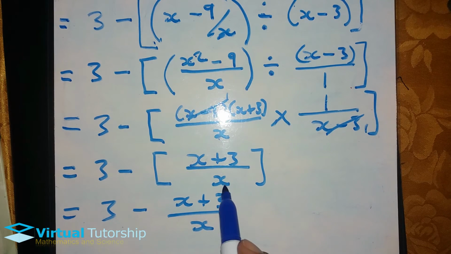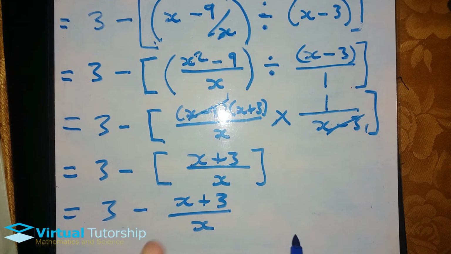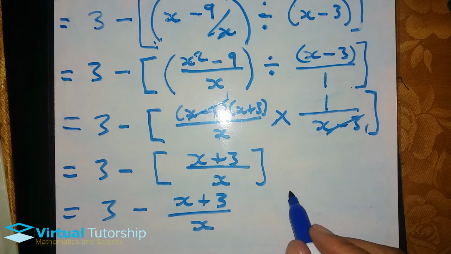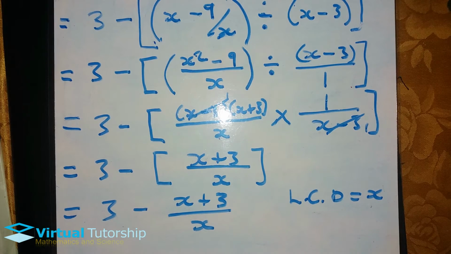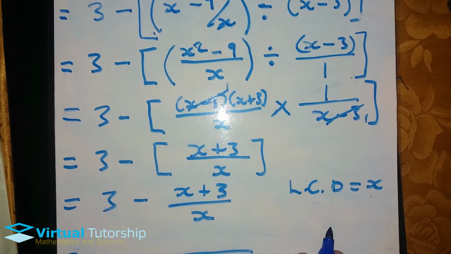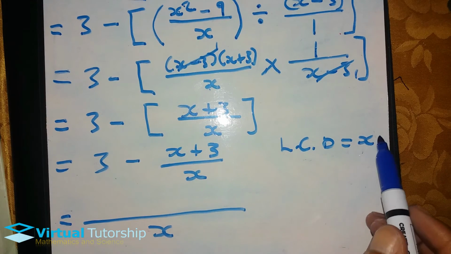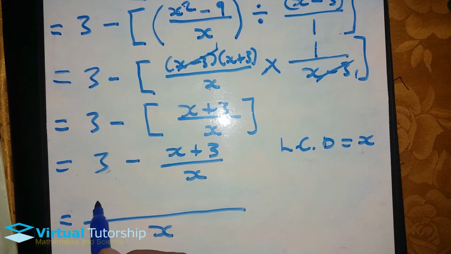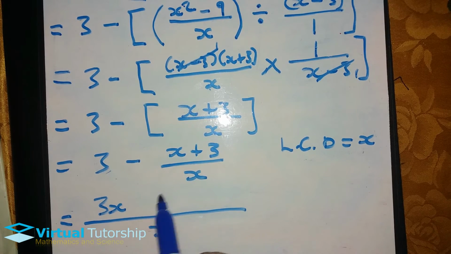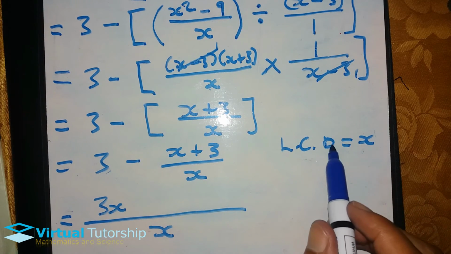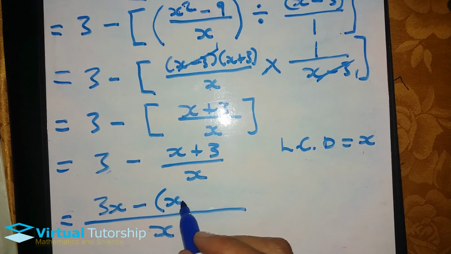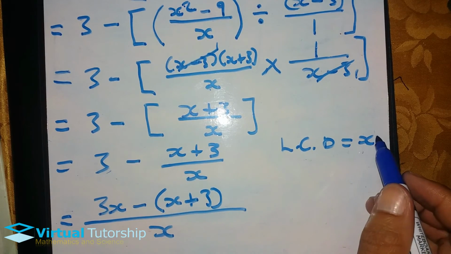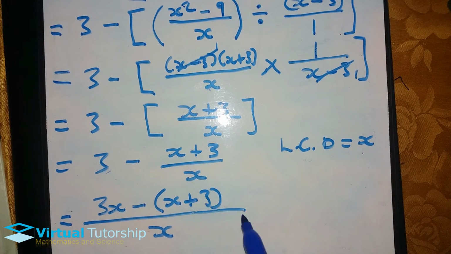So nginani, ngine fraction, ngine whole number la. So this thing komele ngi simplify into a single fraction. So LCD kuzoba ubani, kuzoba x. So LCD kuzoba i-denominator for that single fraction, ne. Bese ngizothatha the LCD multiply ngayo lo 3 ngithole u3x, and then the same LCD multiply ngayo kule fraction le ngizothola minus in bracket x plus 3 ngoba le LCD nang multiply la izo cancela lo x lo, or izo